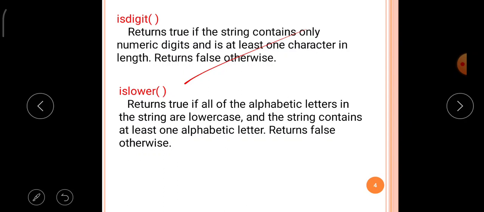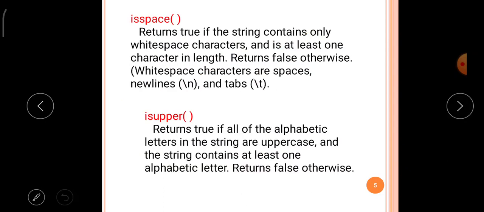If all characters are lowercase, it returns true, otherwise it returns false. The islower function returns true if all of the alphabetic letters in the string are lowercase and the string contains at least one alphabetic letter. It returns false otherwise. That is how it works.